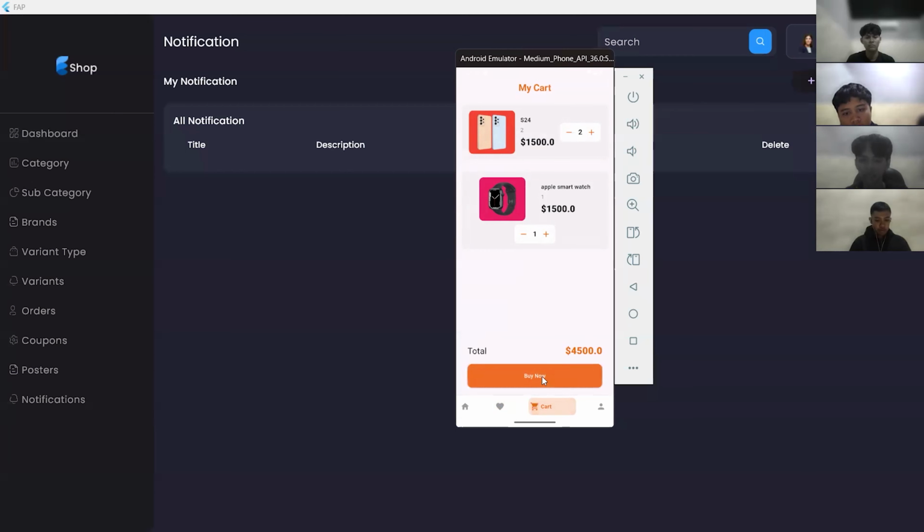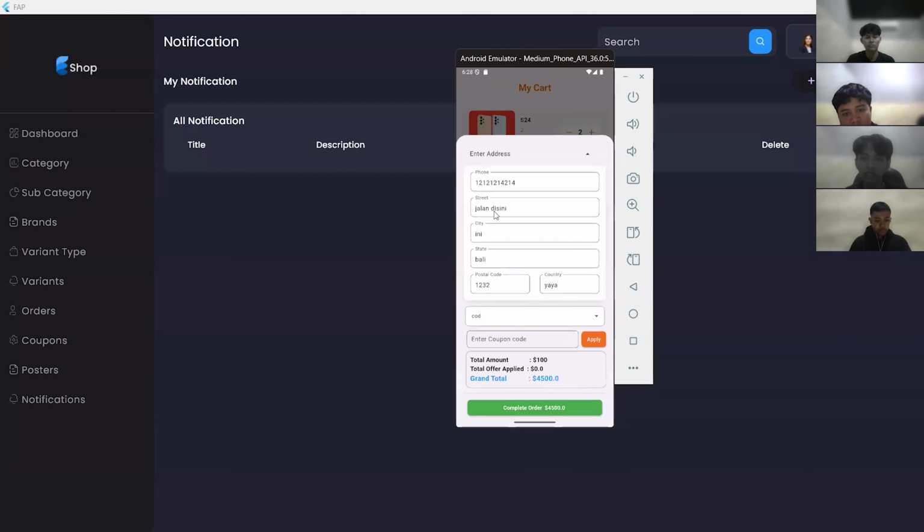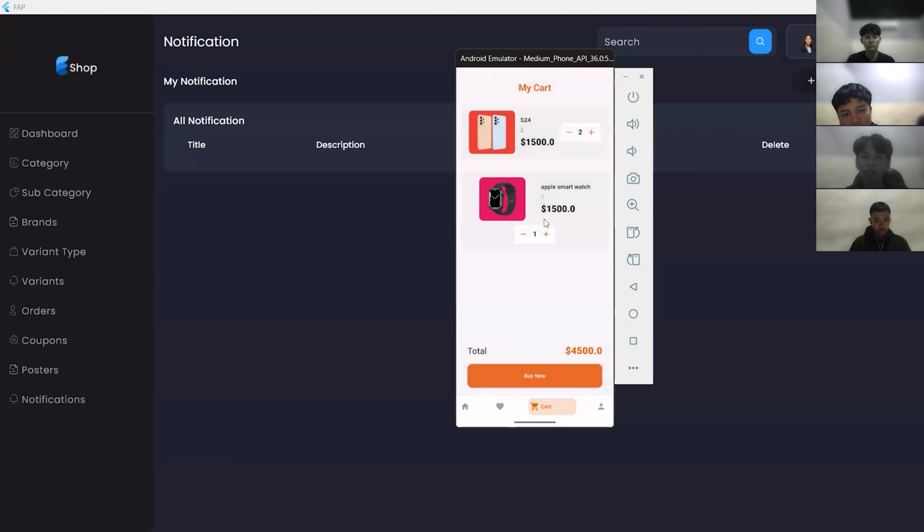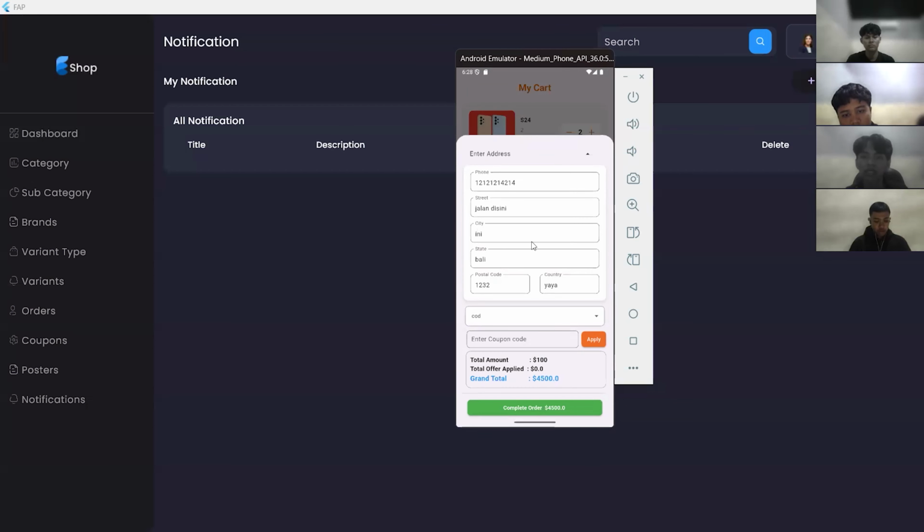You click this button and you enter phone, street, city, state, and others. After that, you click complete order.